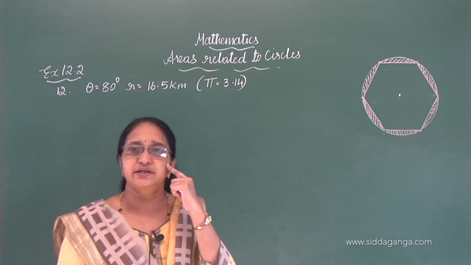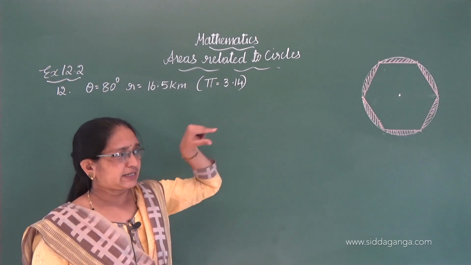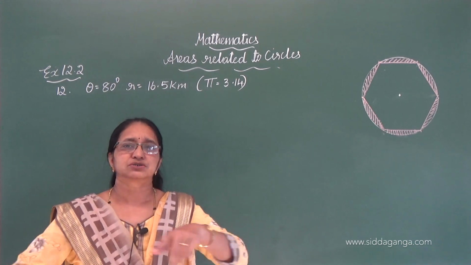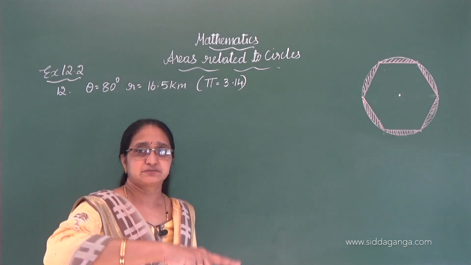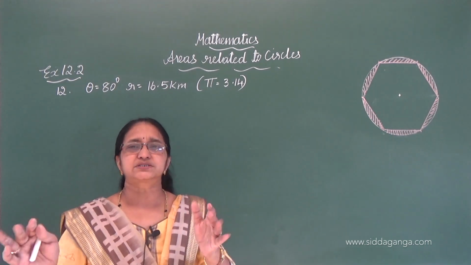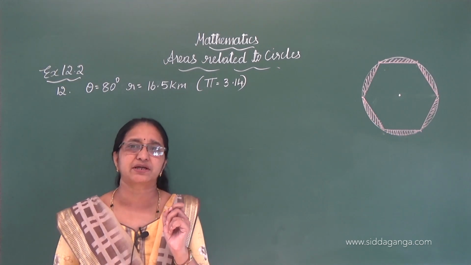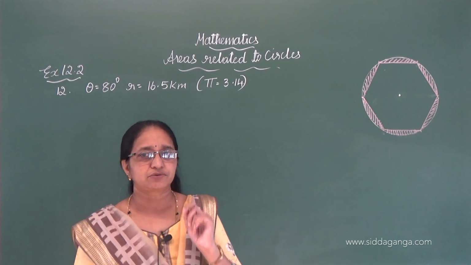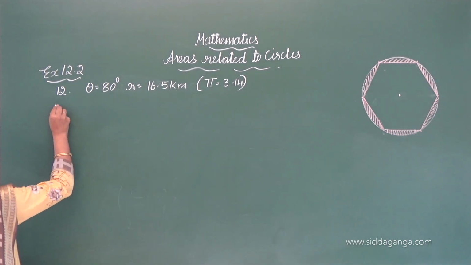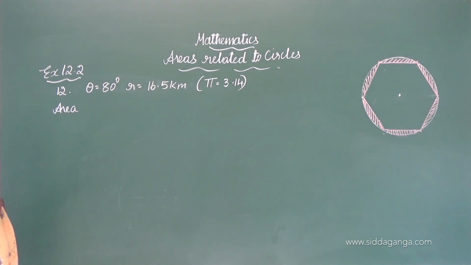So now see, this is also a simple problem. Directly you can find out the area of the sector. So when the light rays fall on the sea, the sector will be formed there. Okay, that area of the sector means the area in which the ship can see the path or the light, the ships can utilize that light. So you have to find out. So let us write here area.